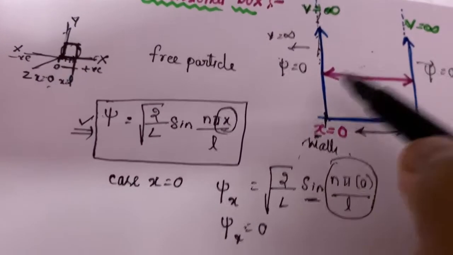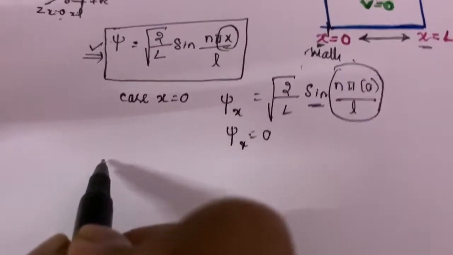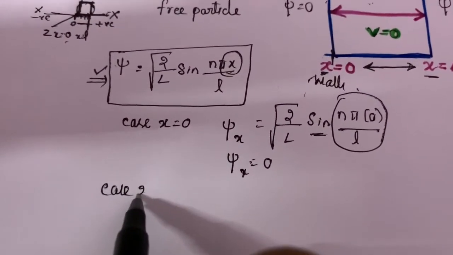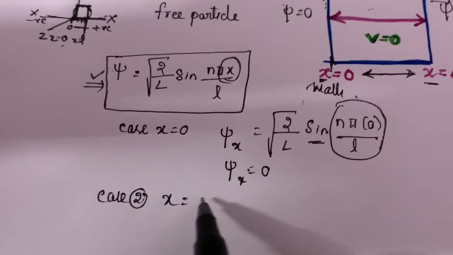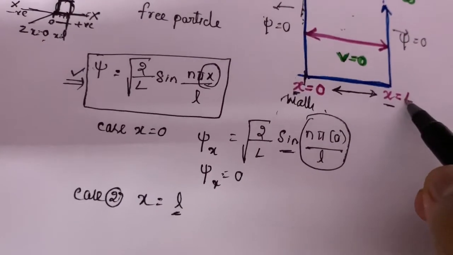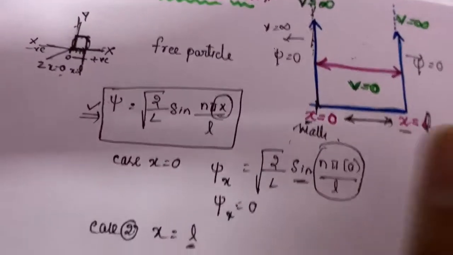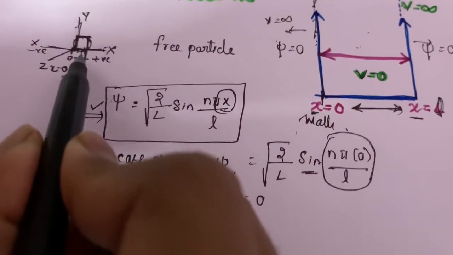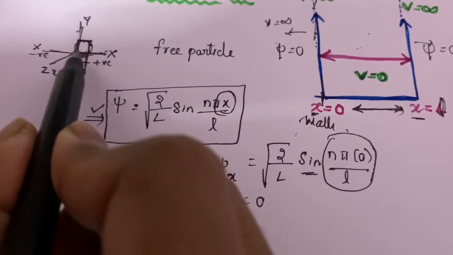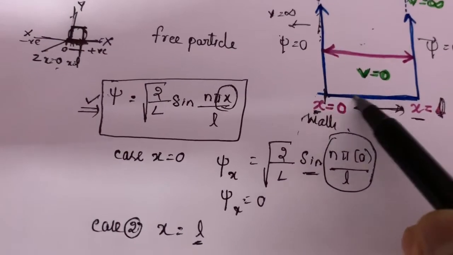Okay. Now come to this one, x equals L, case 2. What is case 2? If suppose x equals L. If I am substituting x equals L, L is nothing but the length of the box, small l or capital L. So how many units have you drawn the box? Supposing from the coordinates, from 0, how many units are we going to draw this box? This is the length of the box.